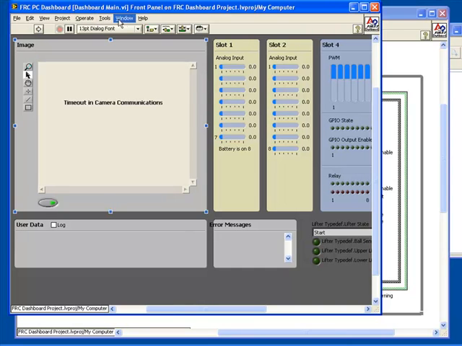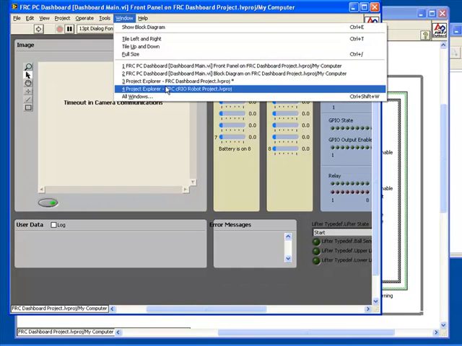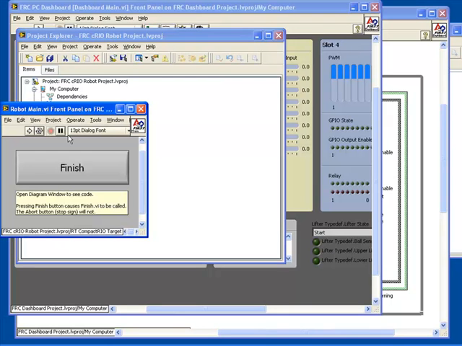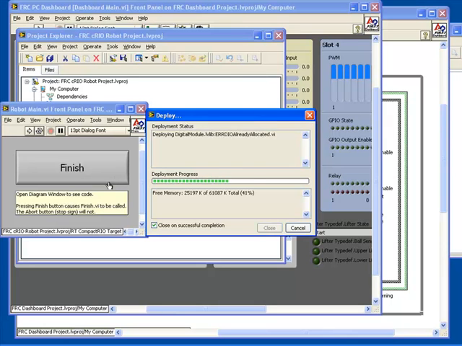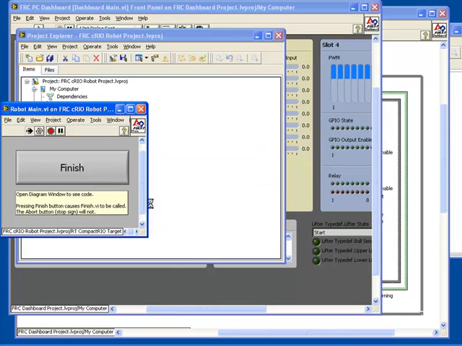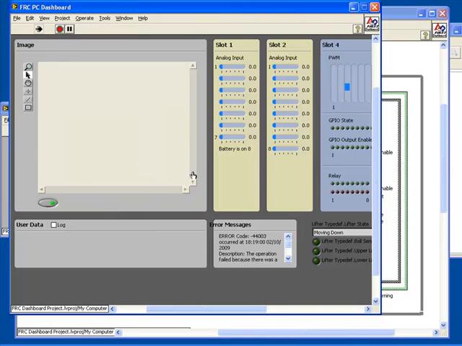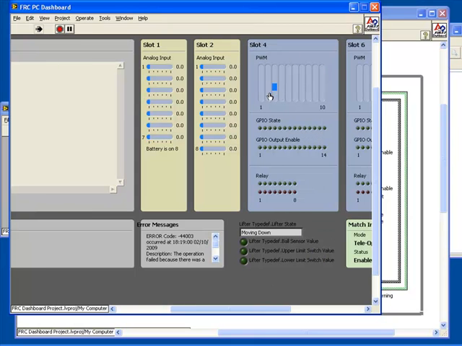So now let's return to our robot project. Go to robot main and run the VI. And once that VI is running, we can run the dashboard program and we'll see live updates of the values of the program. Right now we're seeing some error messages and a lack of images because I've got no camera connected at the moment. But what we do see is that the third PWM output is showing a negative value